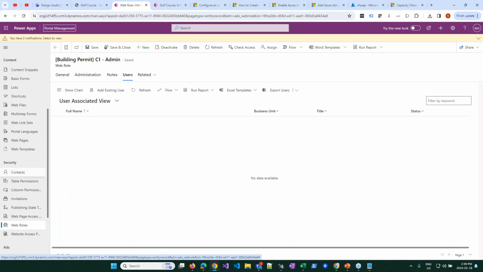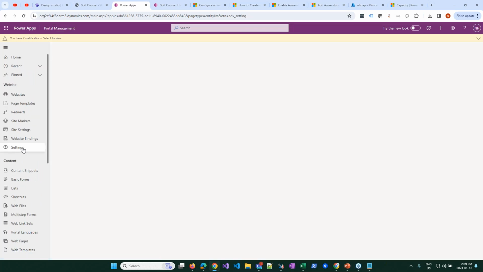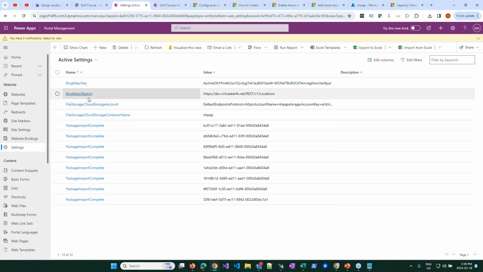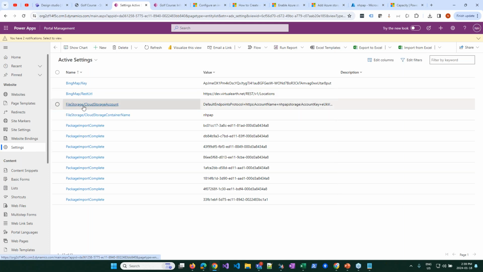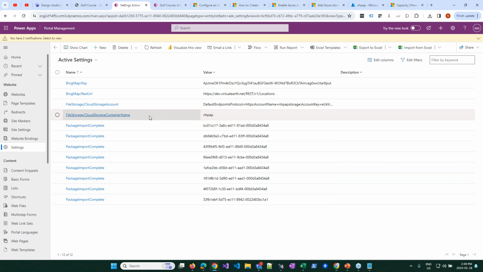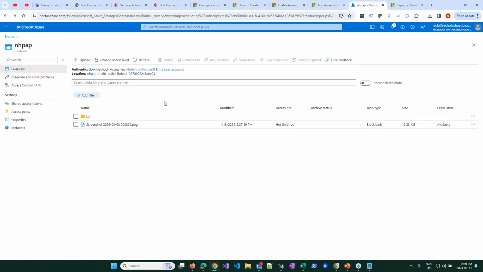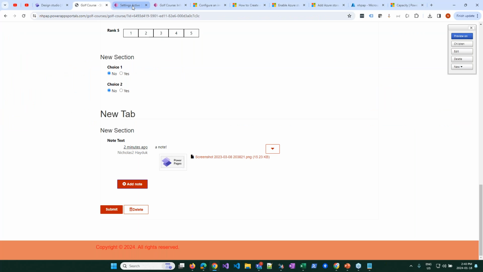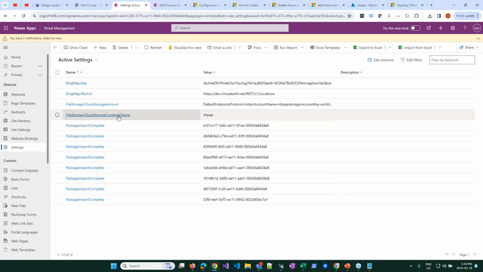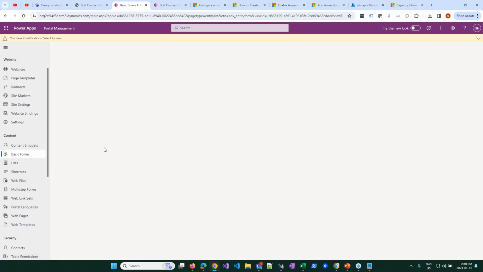Essentially, there's some settings that you need to set up. So you go in here and you'll see that we've got the file storage / cloud account storage. And this right here is a connection string that you grab from your Azure storage here. So I just created a basic file storage account and then grab the keys from the connection string from here. And so you basically just paste that in there, and then you tell it which container to go into. Then if you're editing your basic form,